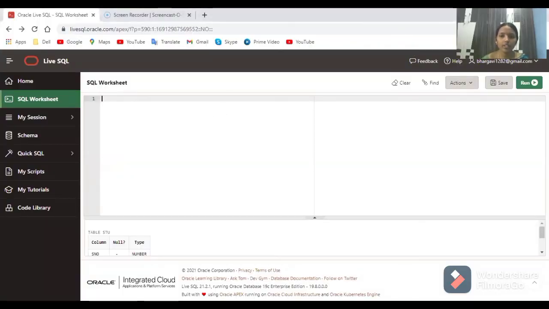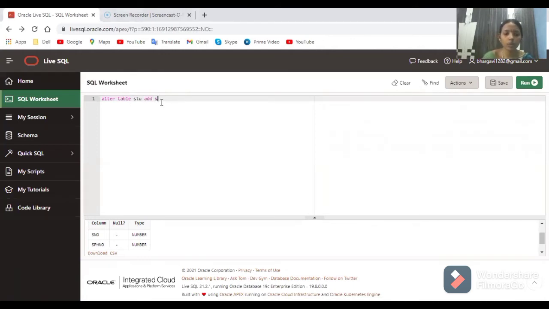Now, in this, we have a table called student. With these two columns, student number and student phone number, we have two columns here. Now I want to add one more column, student name. So how will we add? Alter table, table name. So stu is the student table name.